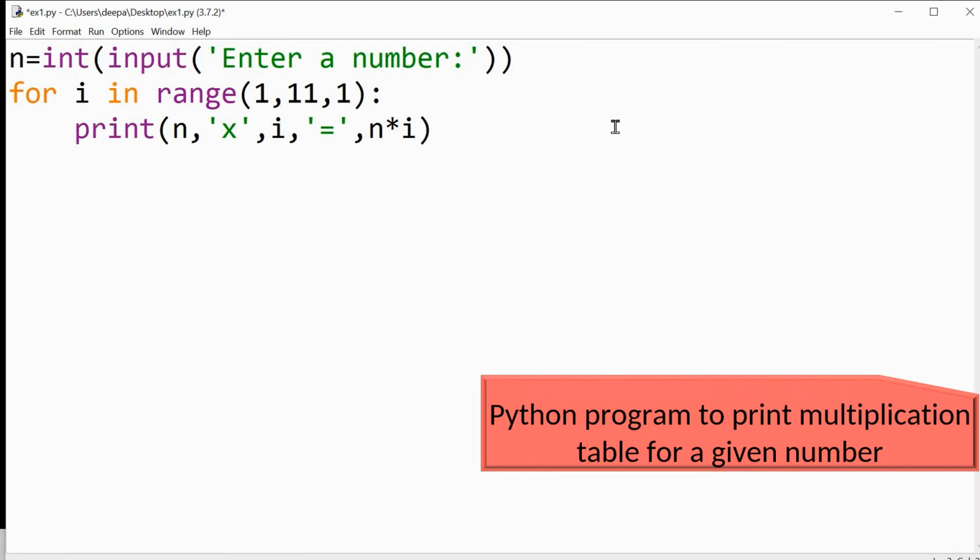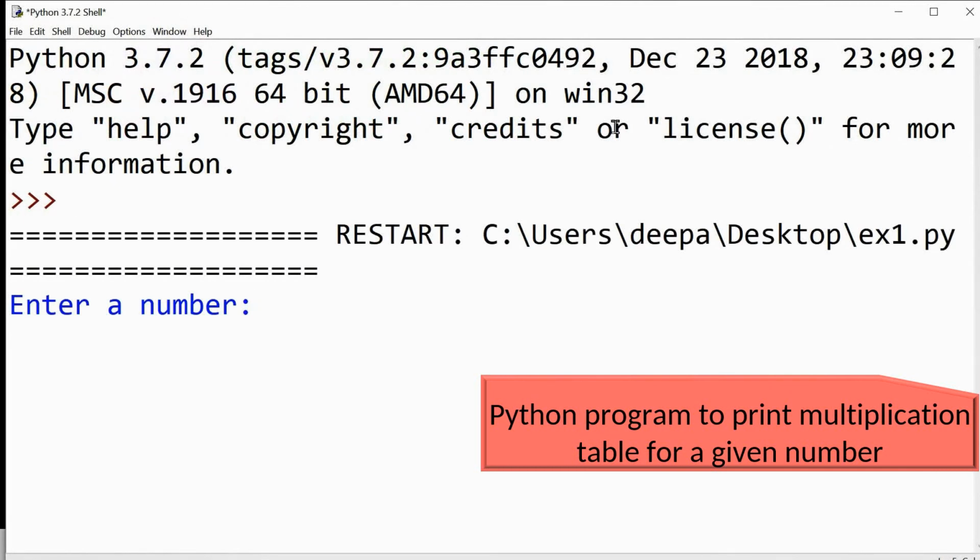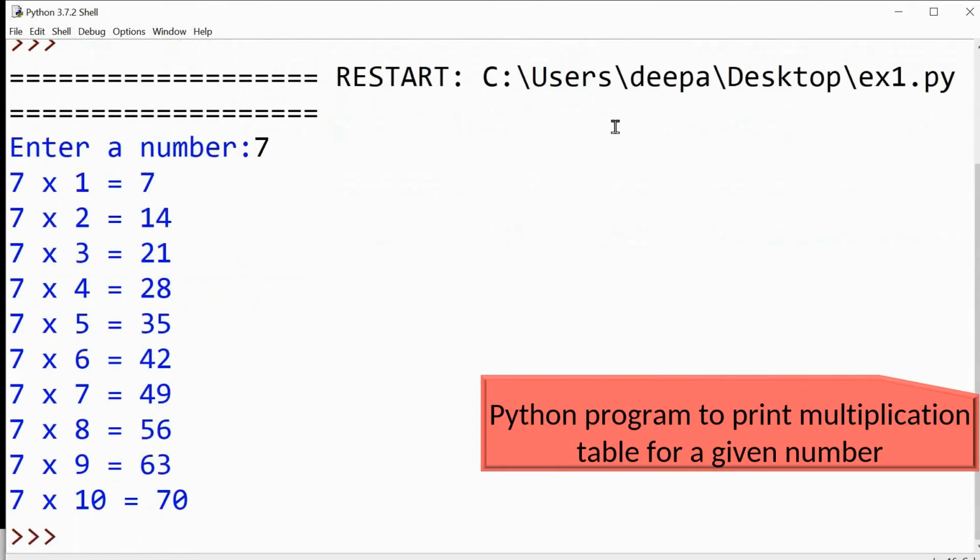Now let us check the output. It is asking for input first. Let me give 7. Now it will generate the multiplication table for 7. Whichever input you give, you will get the multiplication table for that.